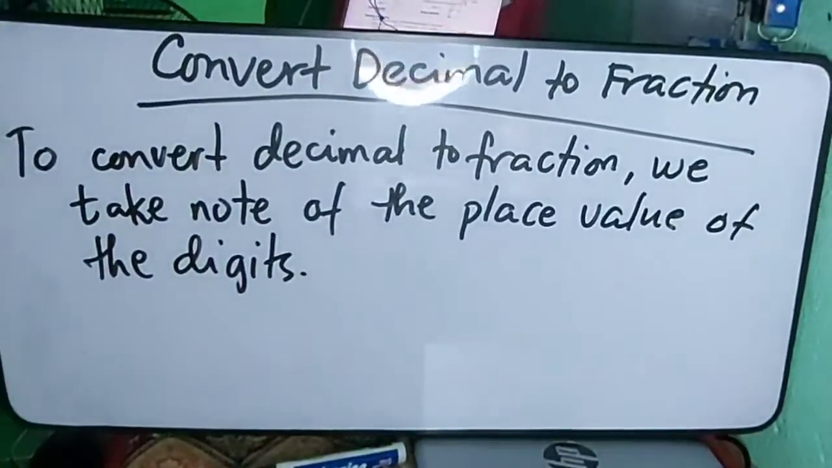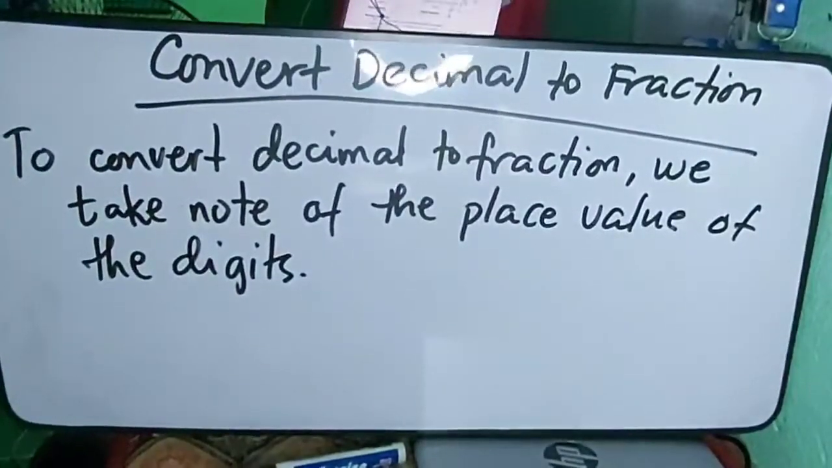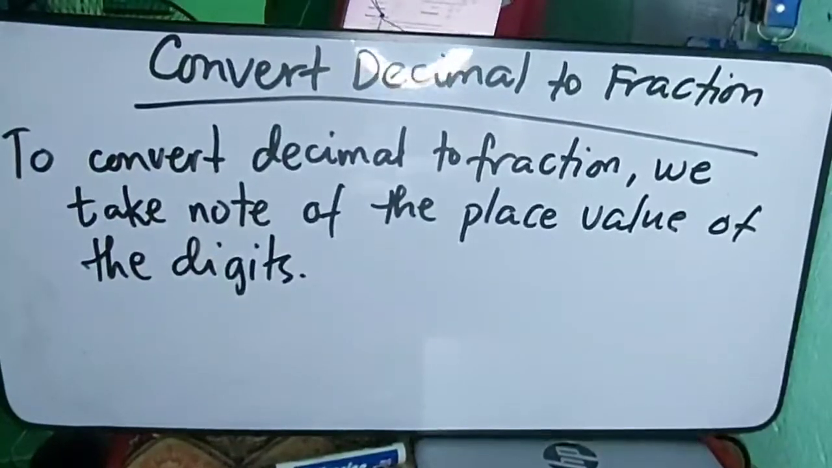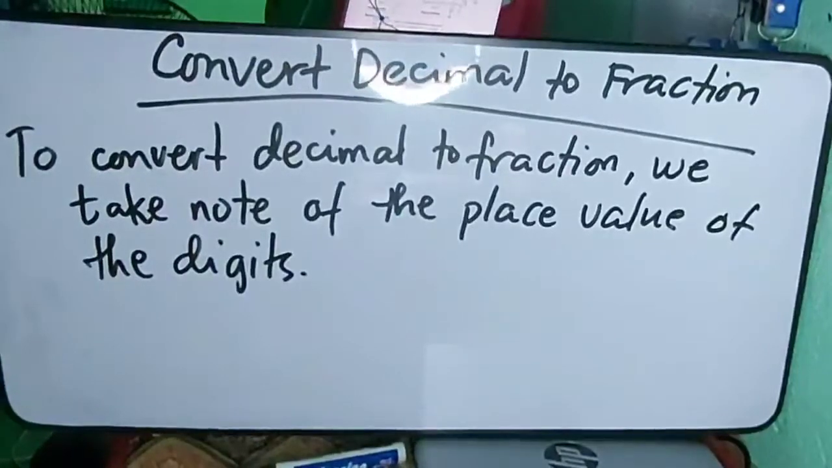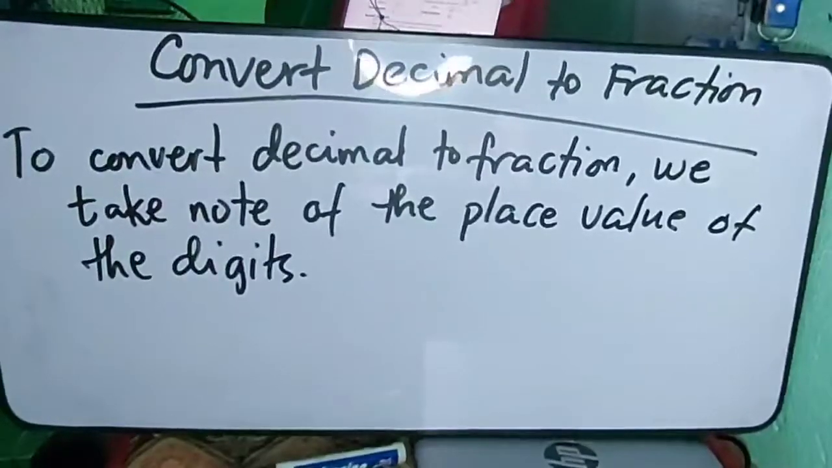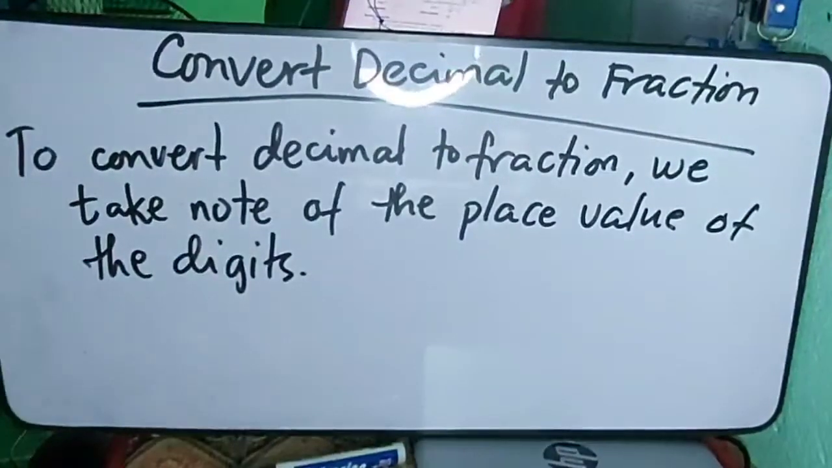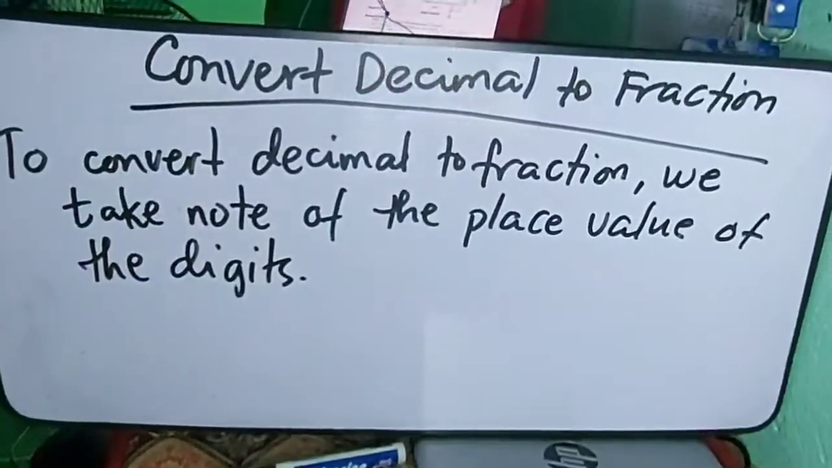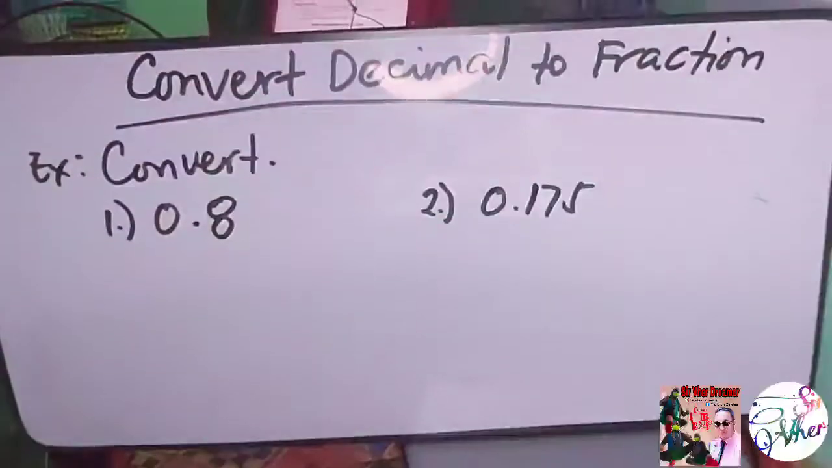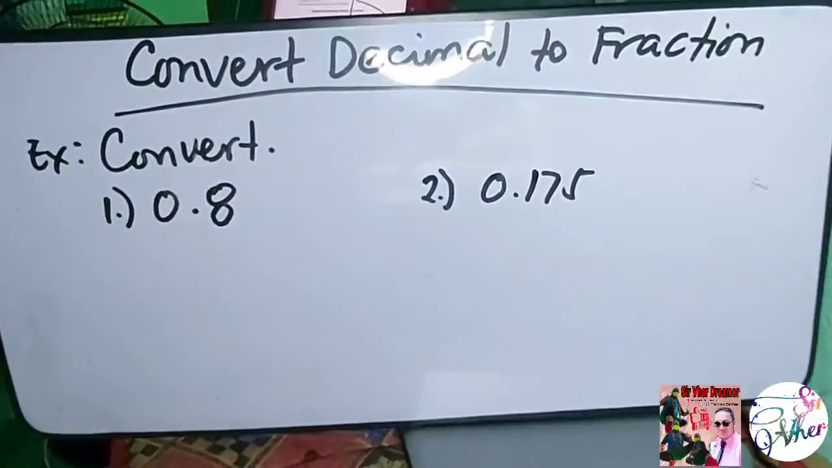To convert decimal to fraction, we are going to take note of the place value of the digit. So you know already how to read the place value of the digit. Okay, let's convert. Example number 1,